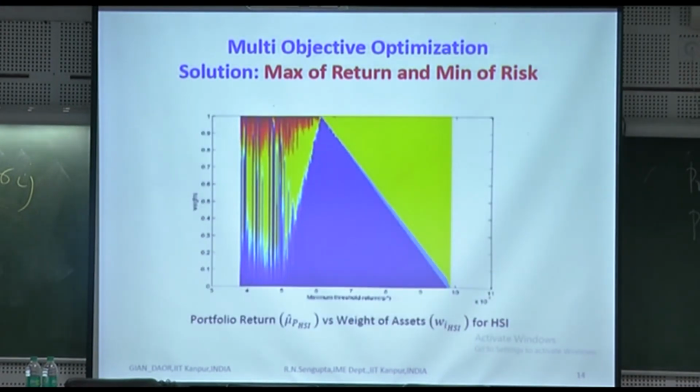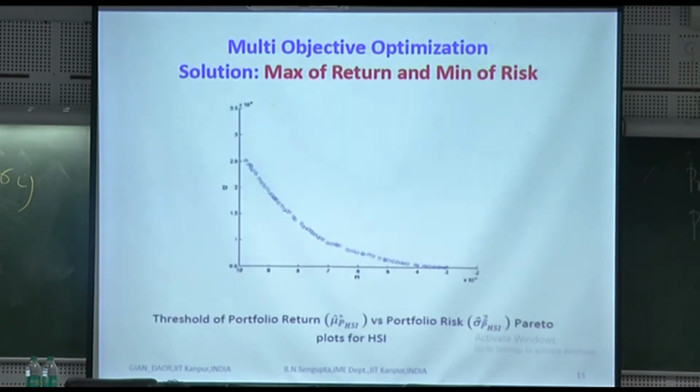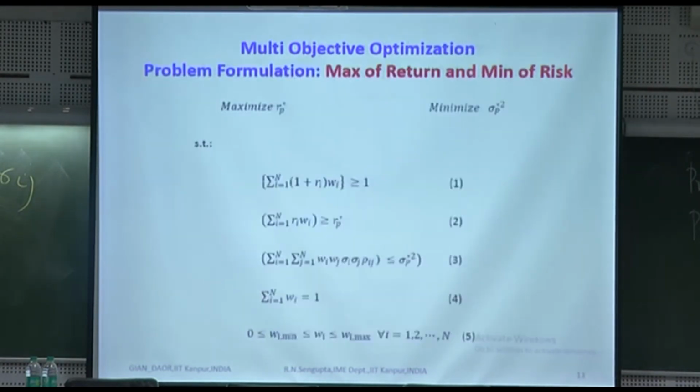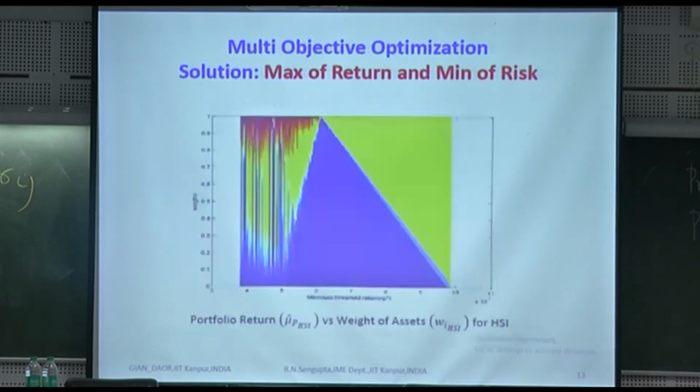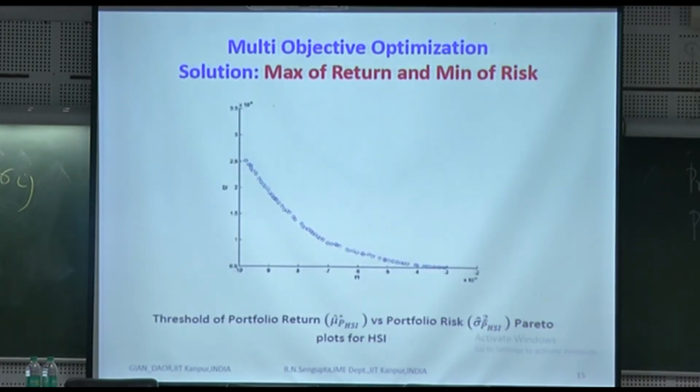So these weights are not very nice, but I thought I'd just let you know. In the initial stages the weights are fluctuating, then one starts dominating. So obviously everybody would try to put the weights accordingly. Depending on how clean the data is, I think we should get better results. So this is the risk return on the Pareto optimal front for the functions F1 and F2. F1, F2 is basically this one: the returns which I put for myself and the risk which I put for myself. So they basically compensate each other. If I plot this, it becomes a Pareto optimality front.